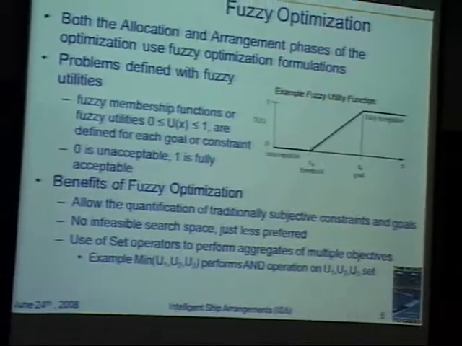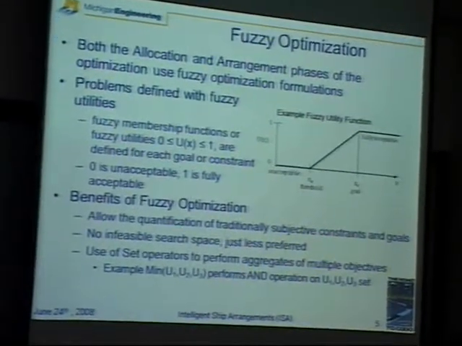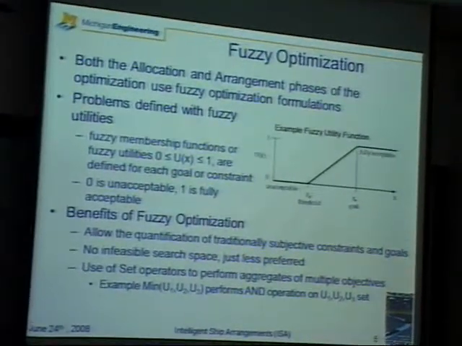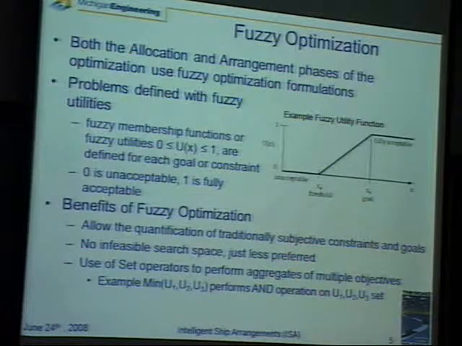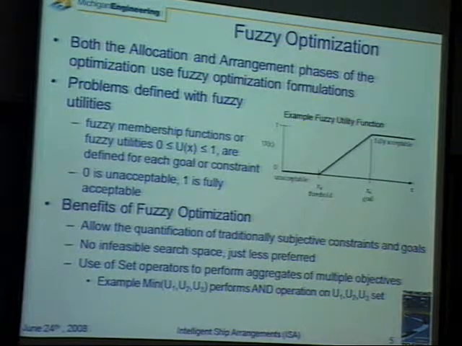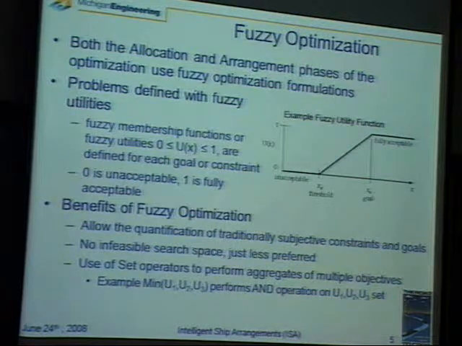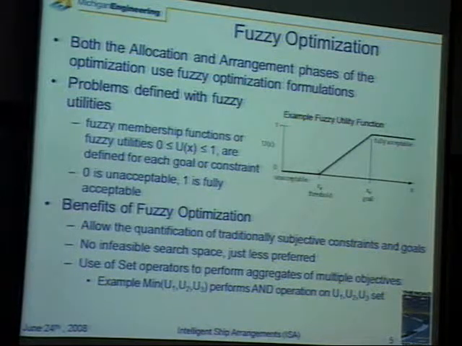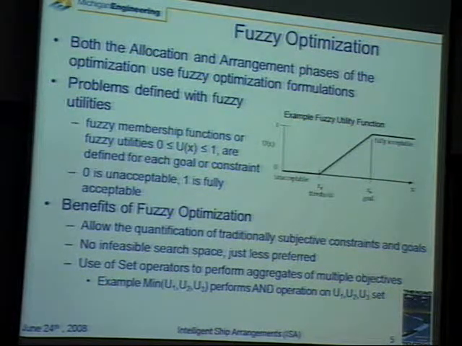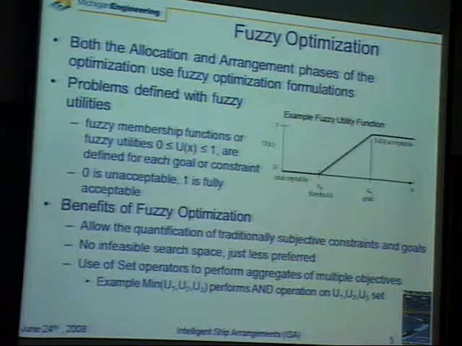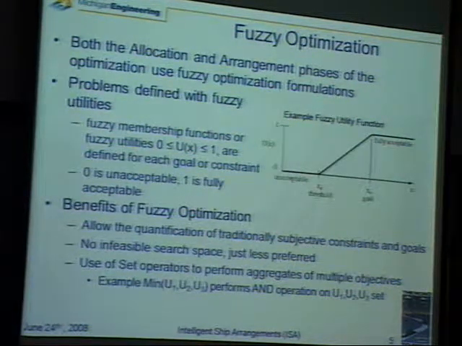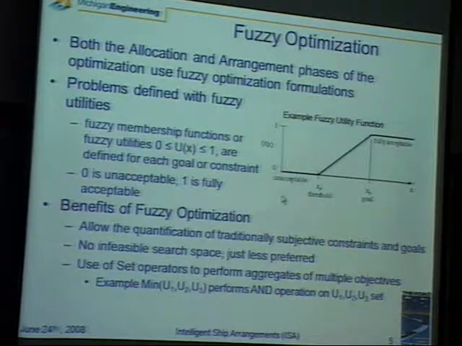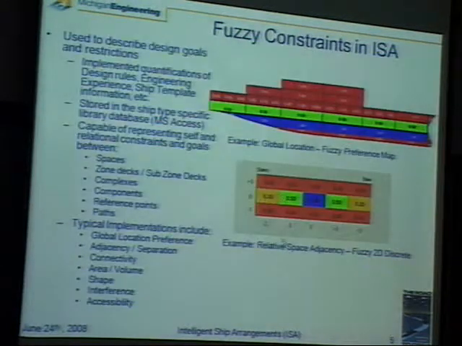The sleeping room should be away from the engine room because of noise and vibration. But there is no clear formula that the distance between the sleeping room and the engine room should be greater than 100 or something like that. There is no rule like that. The rule says that the greater the distance from the engine room, the much better. That's all. So to capture such knowledge, we utilize fuzzy utility functions